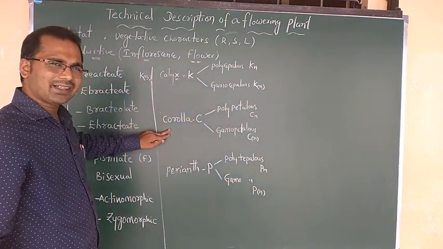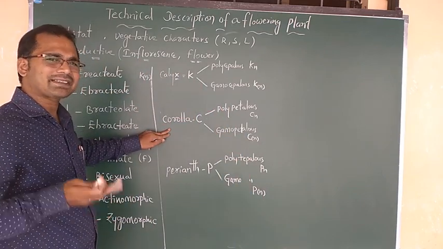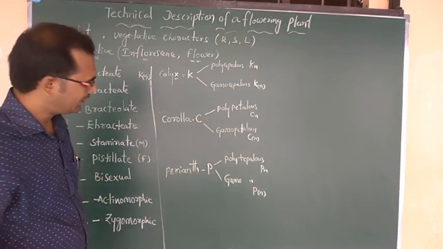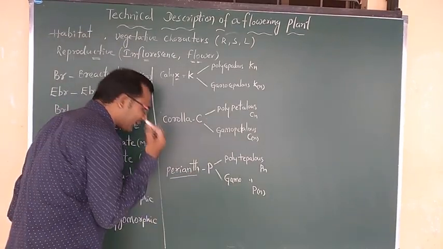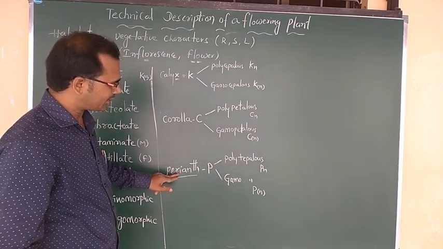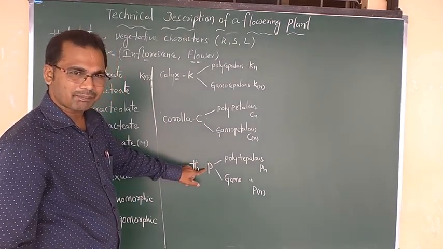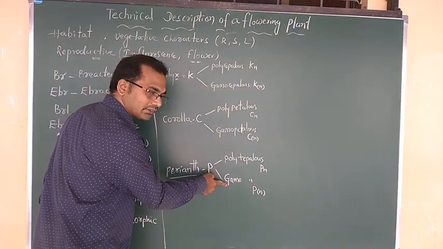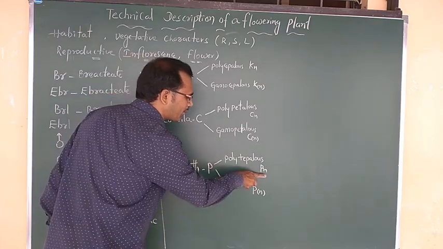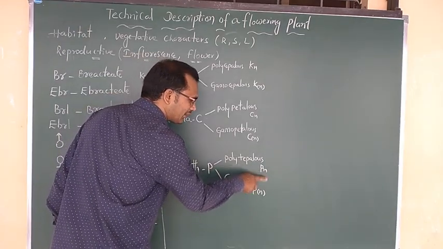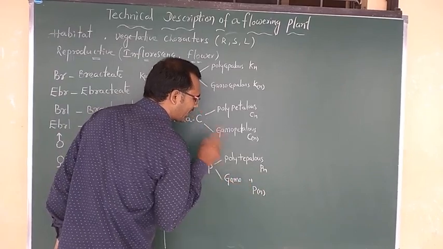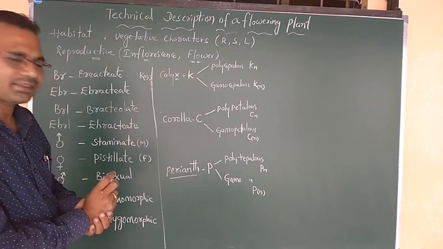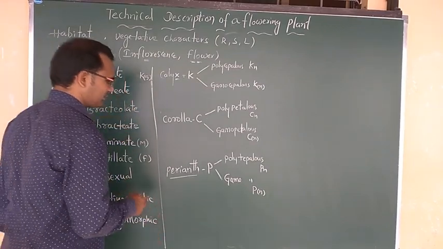Calyx and corolla is there, no problem. But if you take some plants like water lily, calyx and corolla we can't differentiate. It's merged. That's why what do you call that condition? Perianth. Perianth is made up of members we call tepals. Tepals may be free or may be united. Tepals free, we use this symbol. Tepals number keeping in the bracket, that we call gamotepalous. Next, another one.